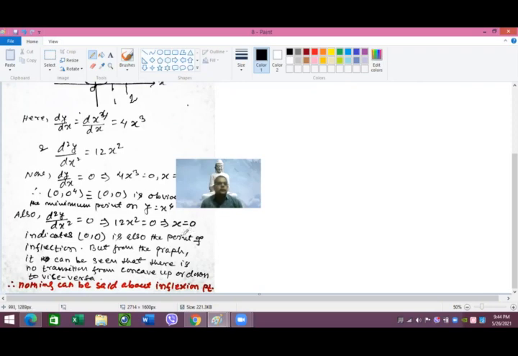So this indicates mathematically that x equals 0, which we have also found by using the second derivative equal to 0, is also the point of inflection. But from the graph you can see,